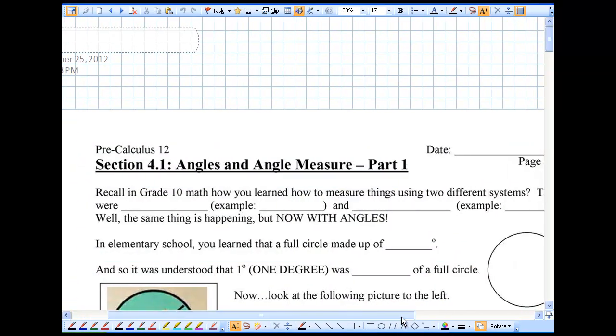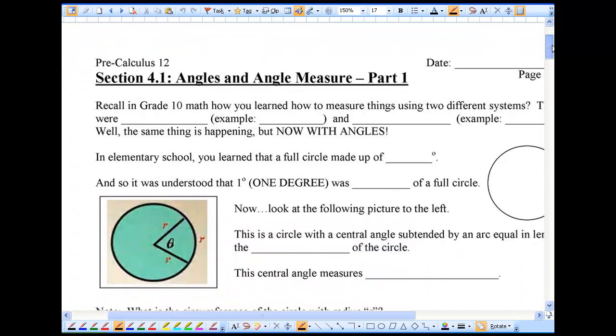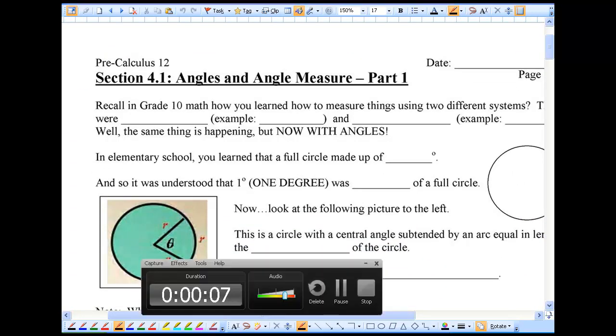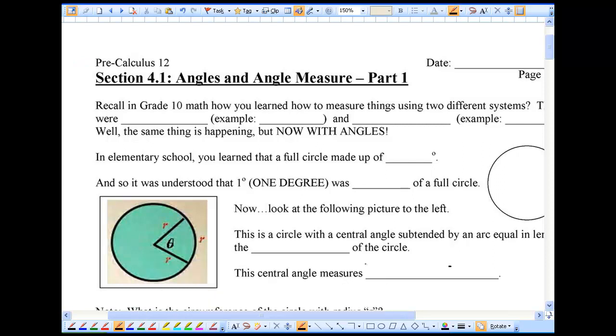Alright, so here we are. It's chapter 4 now that we're going to start today. Section 4.1 is what we're going to be taking a look at. And this part starts our whole conversation on trigonometry. I don't know if you remember trig from grade 10, grade 11, but we're going to do more of that